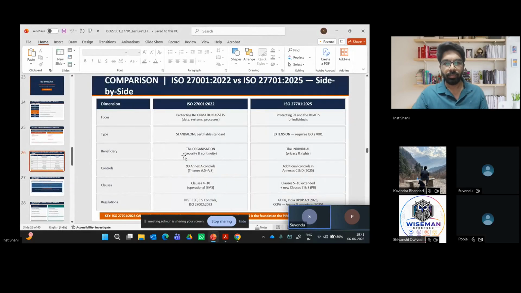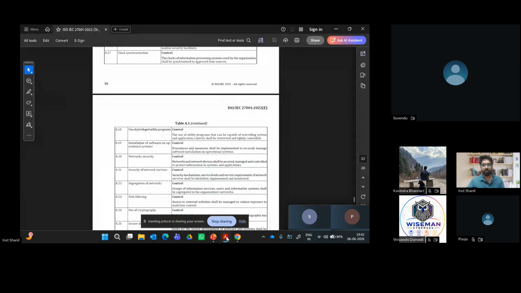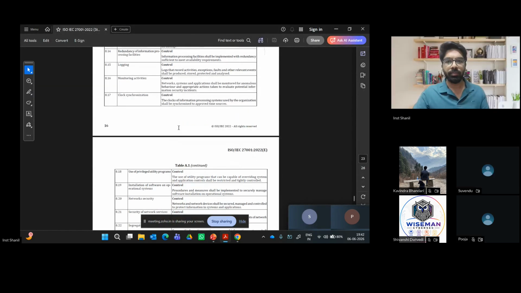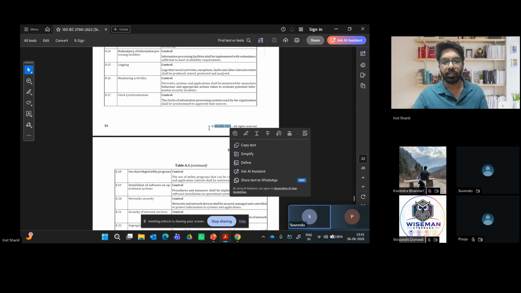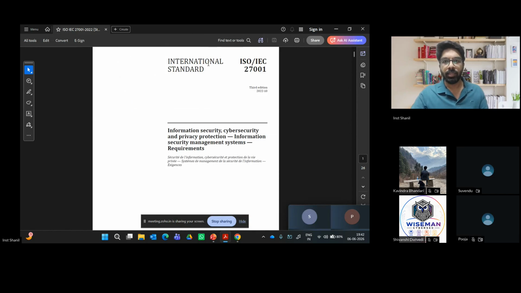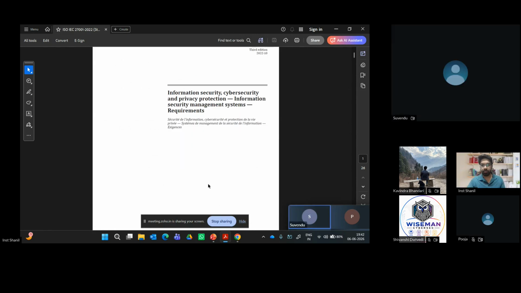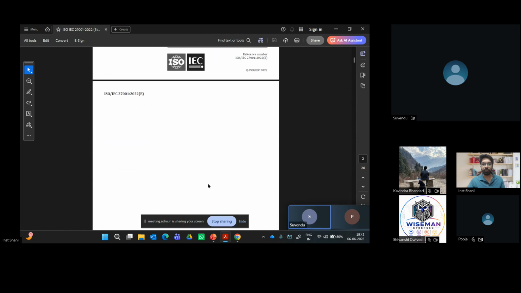Shall we get this PDF? No, this is provided by the ISO certification body. It is copyrighted by ISO IEC, the framework which we are studying. They have prepared this entire framework. See, international standard, this is the 3rd edition, 2022. Yes. Now, can you get this PDF? Yeah, this will be shared with you.